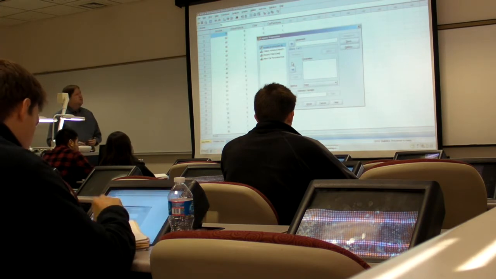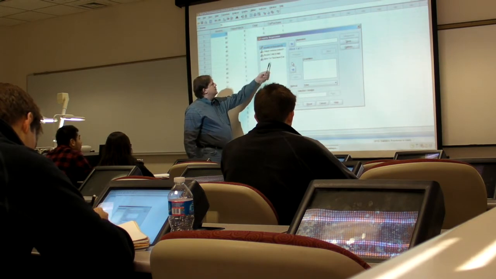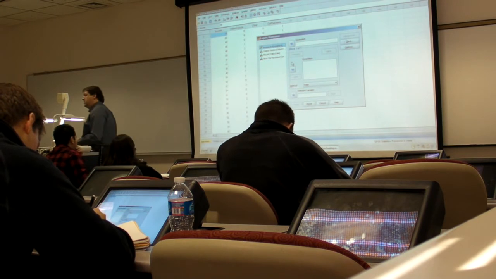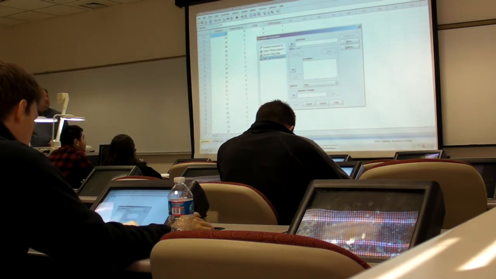Up here we have our variables: income, oldest vehicle, recent child, and new car purchase. We need to tell it what our dependent variable is. Our dependent variable here is new car purchase, so we're going to move that over to our dependent list.